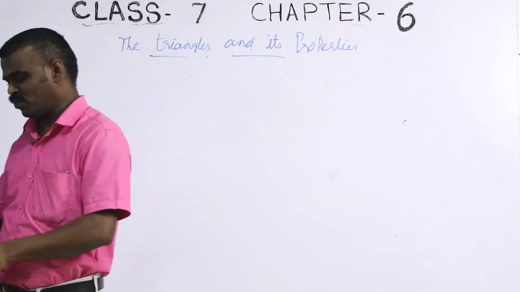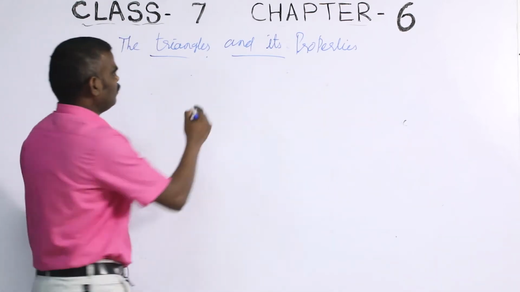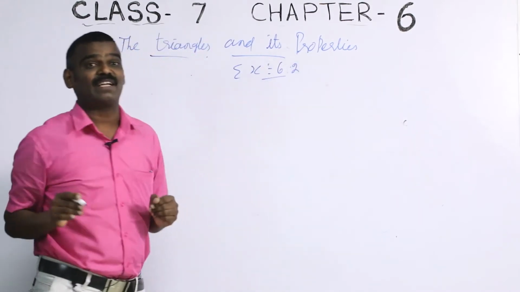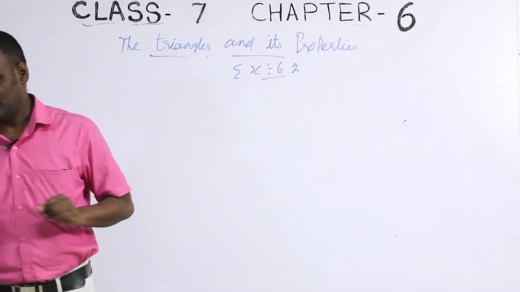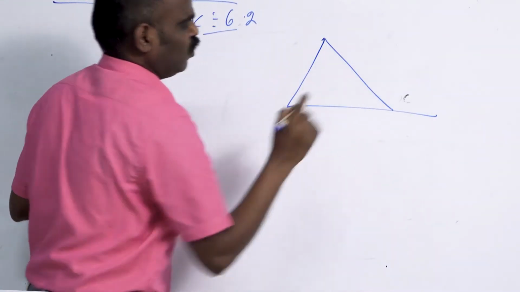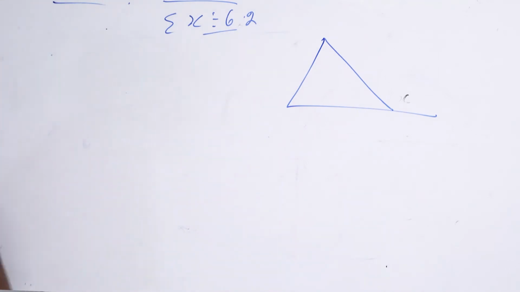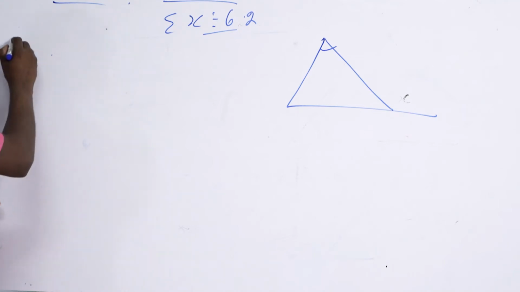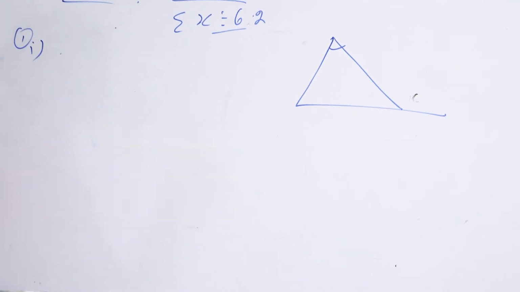Based on this, because one exercise is there, 6.2, all of you go. Because if you learn one question without practice, it is difficult, right? Better to learn one question. Now you see. Only one question, okay. Exercise 6.2, question number 1. There are many questions there, just one question.